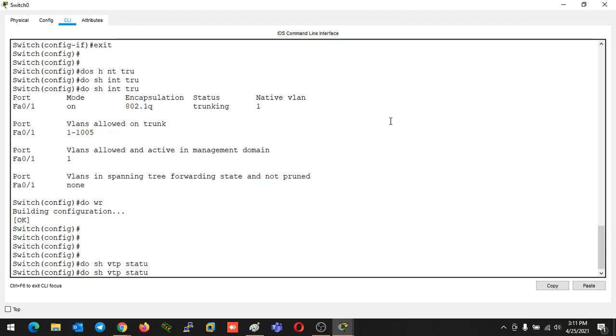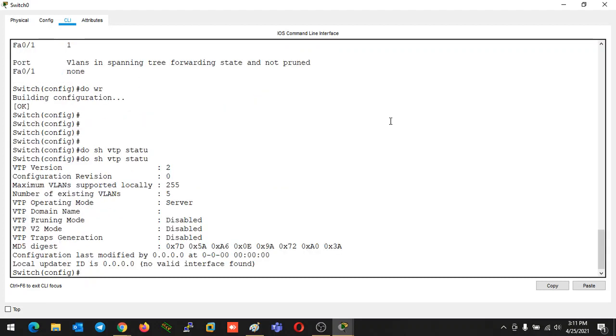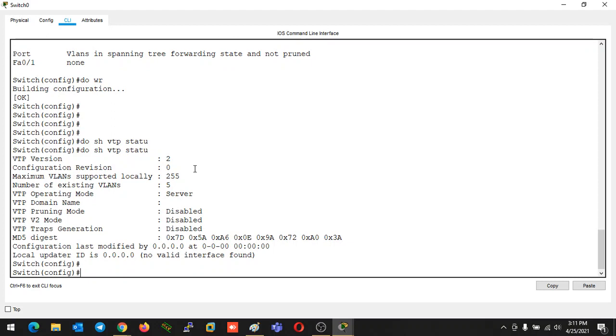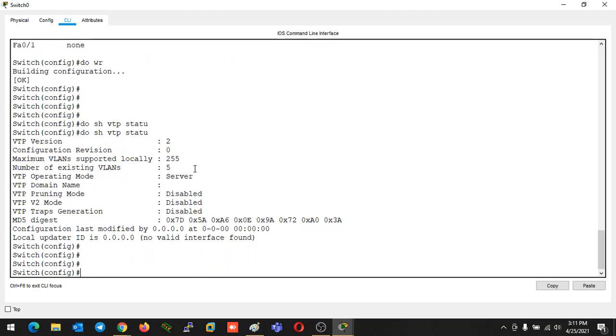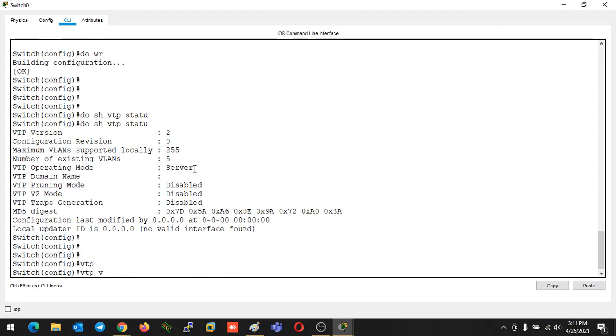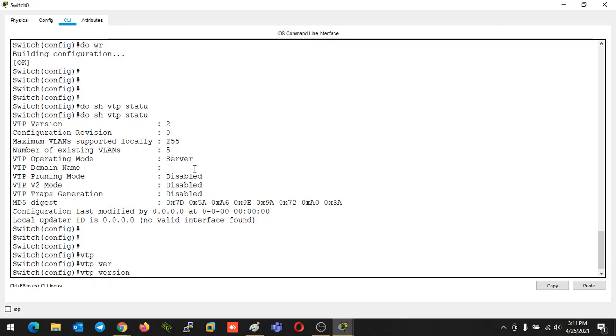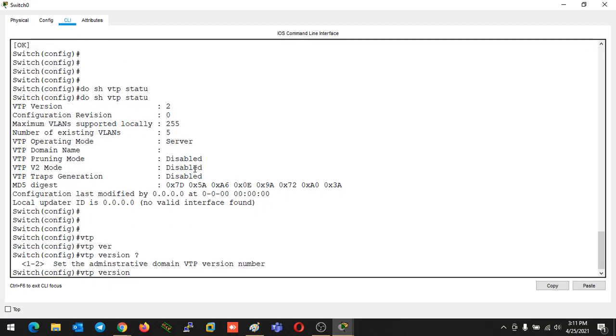With this command you can verify all the things like the VTP version and everything. Here you can directly see VTP is running version 2. If you want to change the VTP version to version 1 or something else, you can do that also. The command is vtp version, then whichever version you want to use.